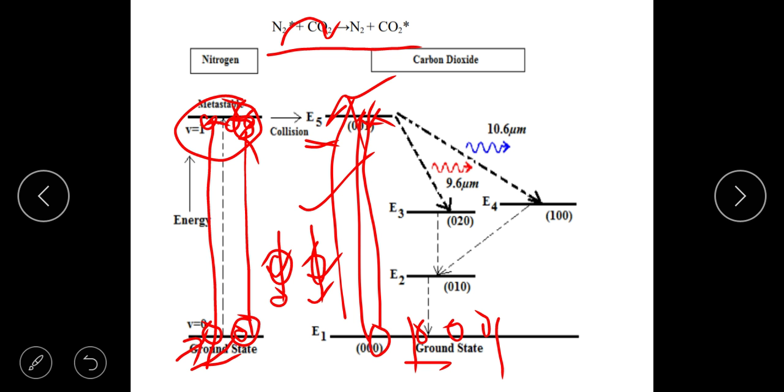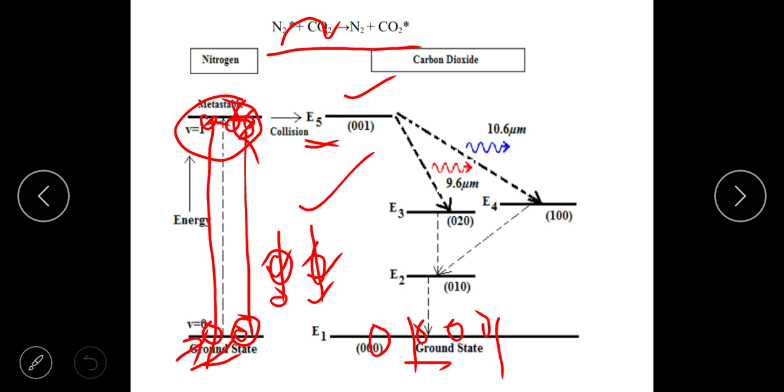Okay, so this N2 is highly energetic, as you can see. N2 is already in the first excited state. It collides with CO2, gives all its energy and comes back. Okay, it is non-excited, but it excites CO2, which is in the ground state. So all these atoms are now in this state. This is how we have achieved a